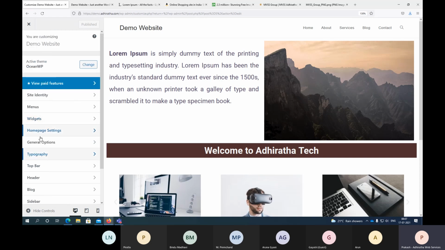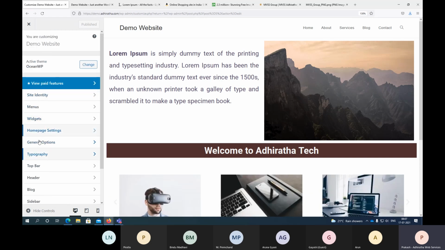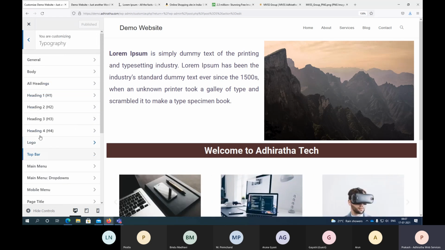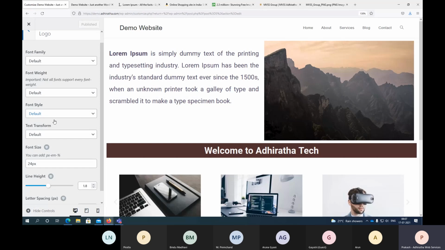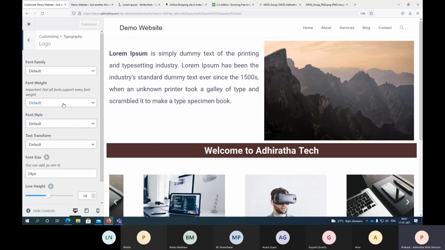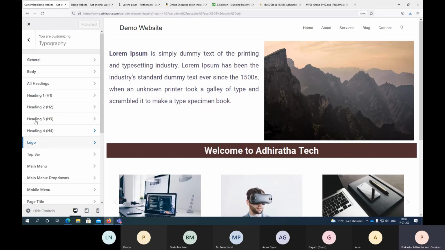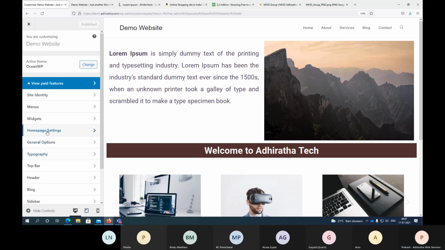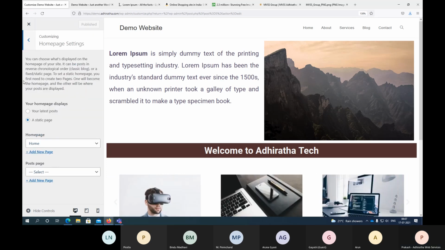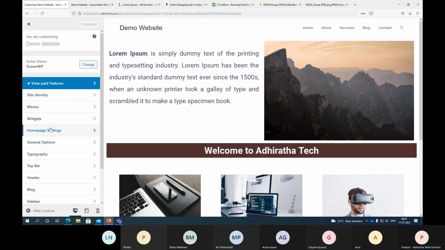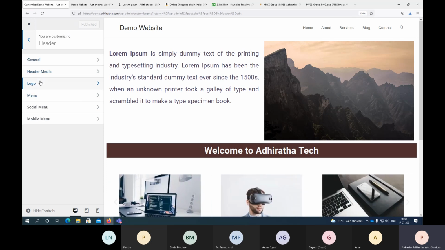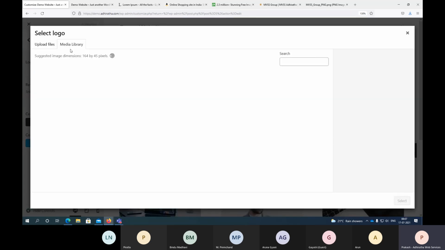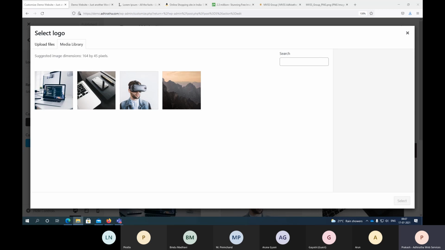When I customize this, each theme will come with a different option. Normally site identity should come somewhere, but here the logo section is in typography. This section you already saw in appearance and menus, or header. Yeah, in the header we have a logo option here. Select logo.